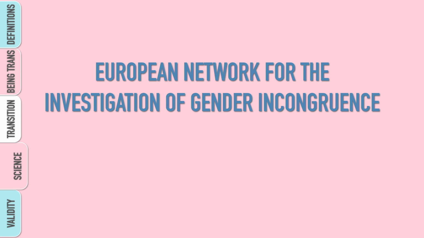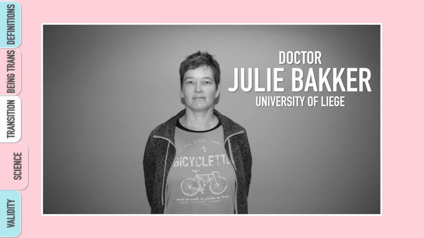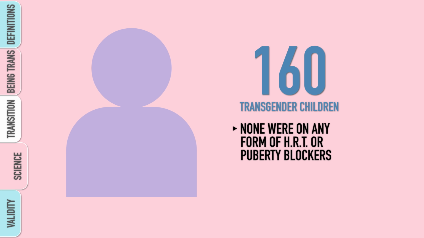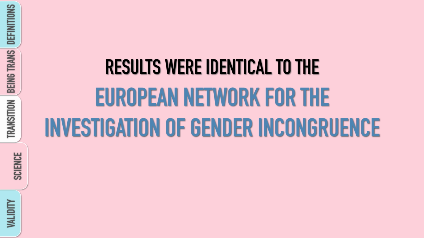But one study doesn't prove much. Something cannot be proven until its results can be replicated. That's what Dr. Julie Baker from the University of Liège did in May of 2018. Dr. Baker focused her study on 160 transgender children and teenage participants, not on any HRT or puberty blockers, rather than trans adults. She conducted the same MRI test, and her results were identical to